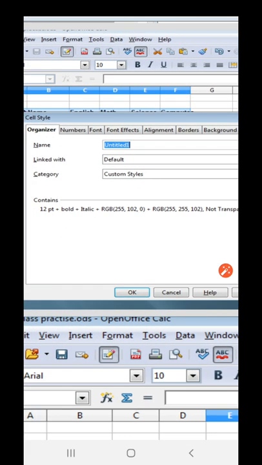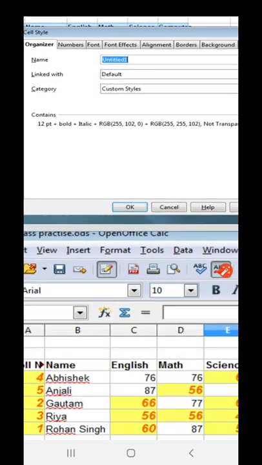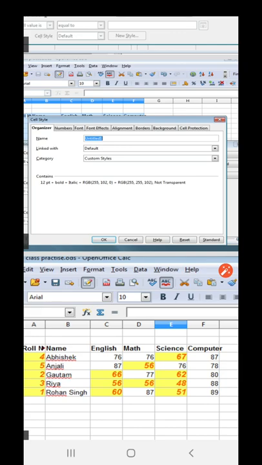You can save this cell style with any name. We can do whatever changes we want, whatever font effect we want to give by choosing different options. Once we are done with it, we can click on OK. After doing all the settings, we can get the final result.